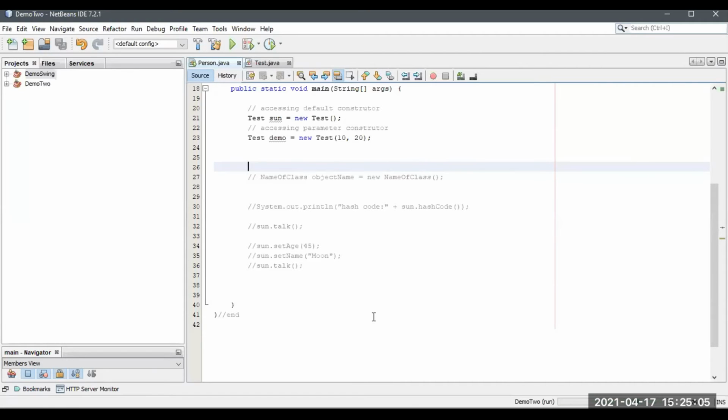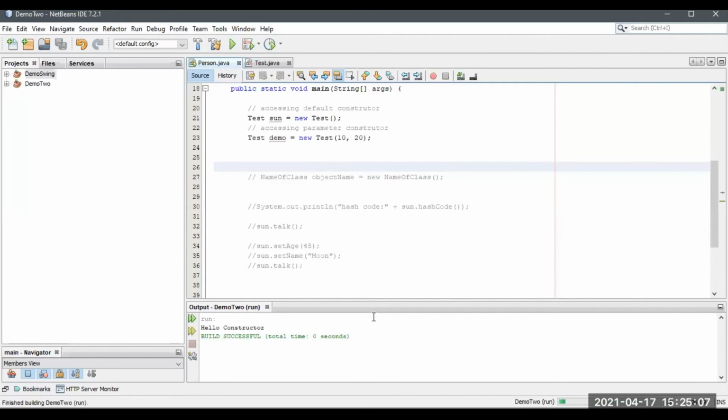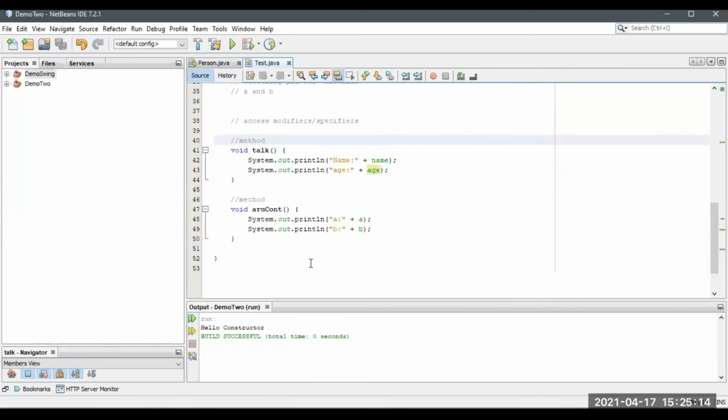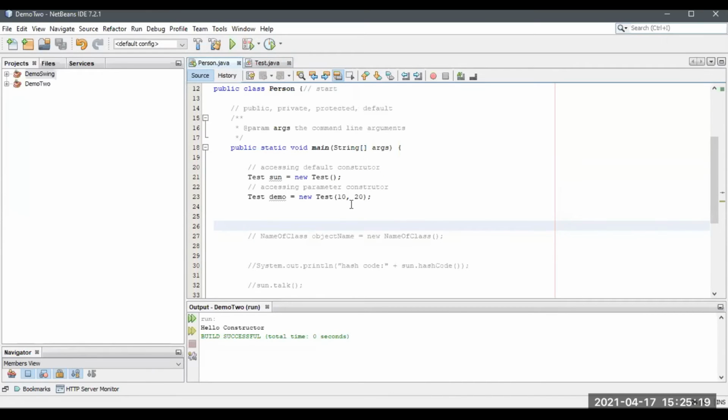Why is it taking so much time? Okay, there is no error over here. The passing of values is not calling this one. How to access this one? It will be accessed with